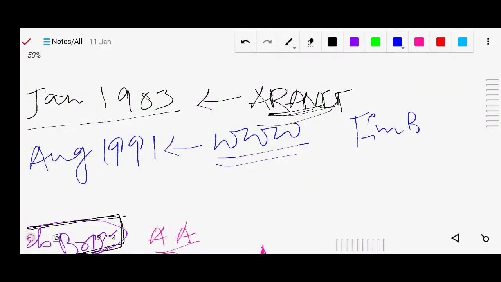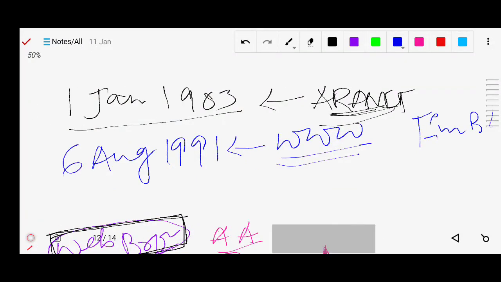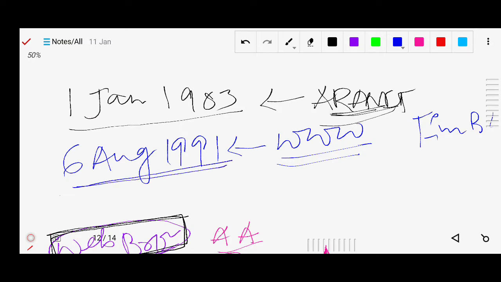Okay, Tim Berners-Lee invented the WWW, one of the software concepts, on 6th August 1991. HTML was also developed by Tim Berners-Lee, I think around 1993. So WWW was developed on 6th August 1991, and